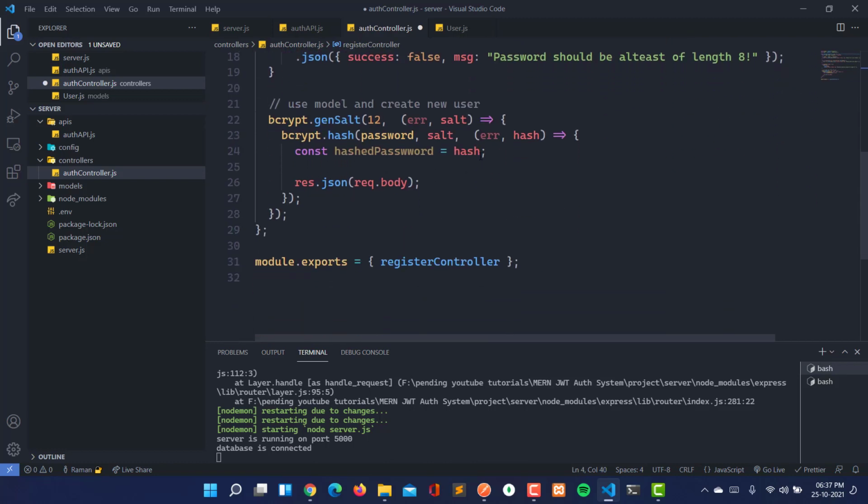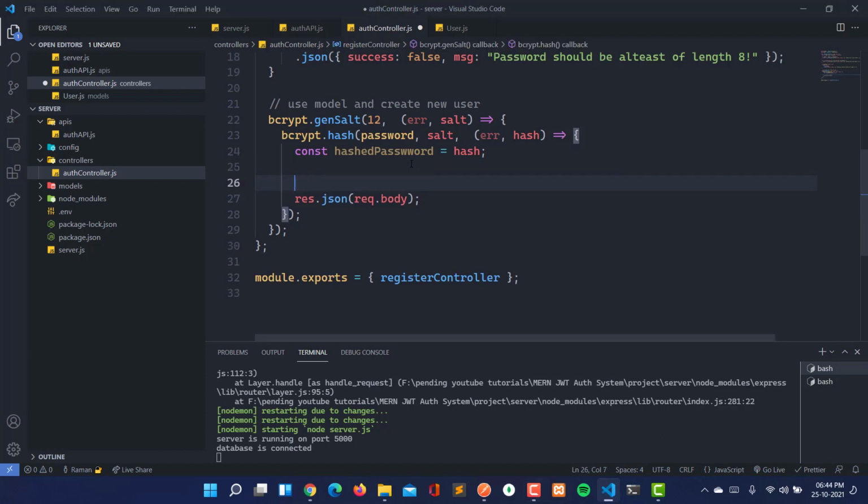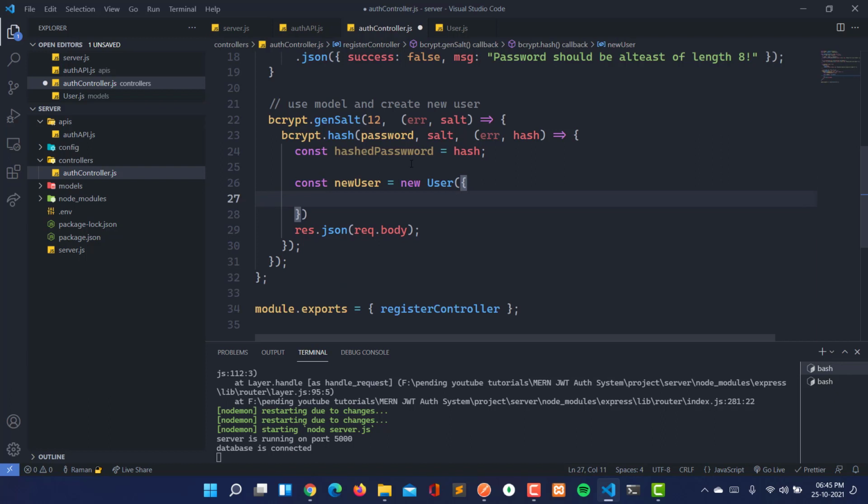So we are going to use this user model only. So here let's create a new user. const newUser is equal to new, and we are taking the help of the user model, and here we will create the new user.